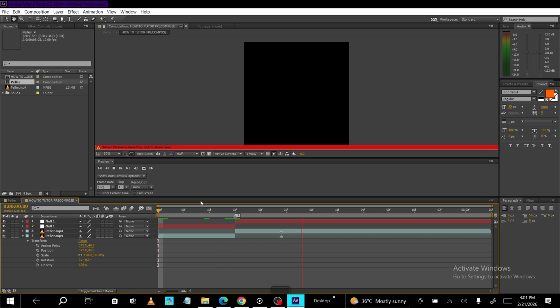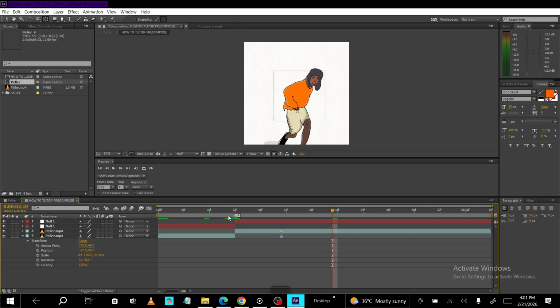By using pre-comps in this way, you keep your main timeline cleaner, reduce clutter, and make complex animations much easier to manage. And that's all it takes. Select your layers, pre-compose them, choose to move all attributes into